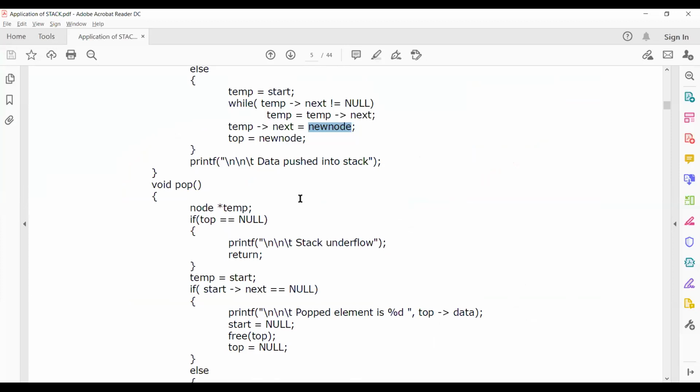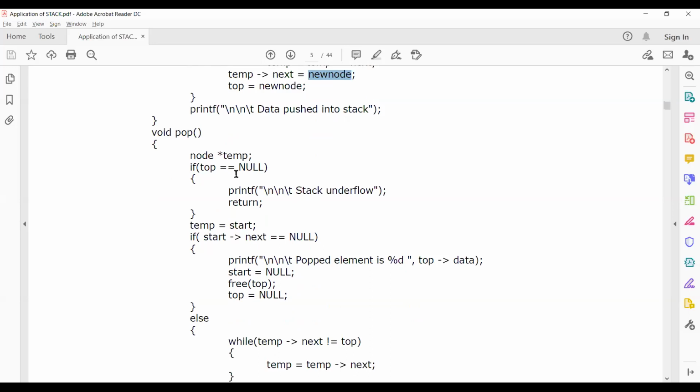Moreover, keep in mind, in the case of stack and queue, we cannot insert an element in the middle. It has to follow the fashion of FIFO and LIFO. That's why once it is inserted, it is added at the top. If it is deleted, it is deleted from the top. That's all. Simple.